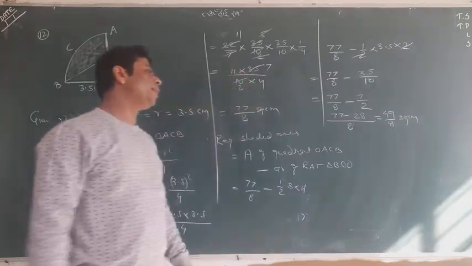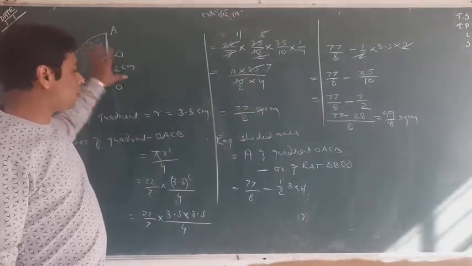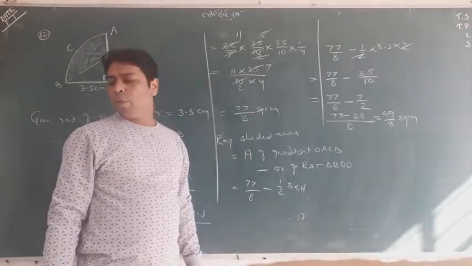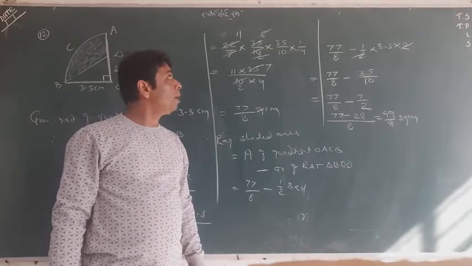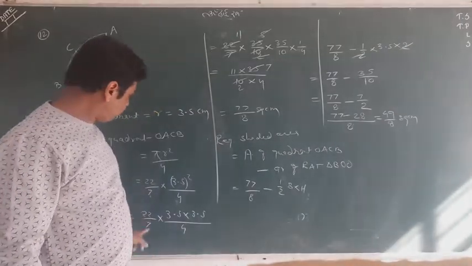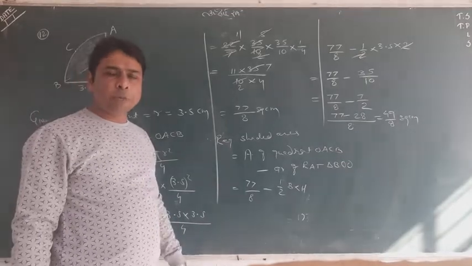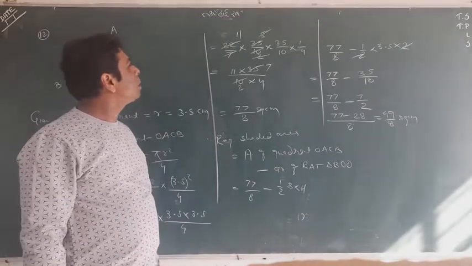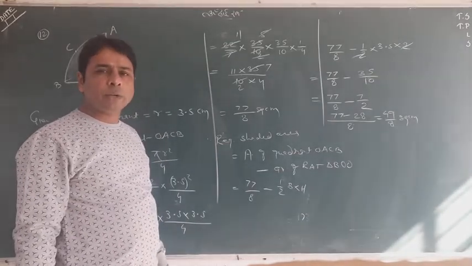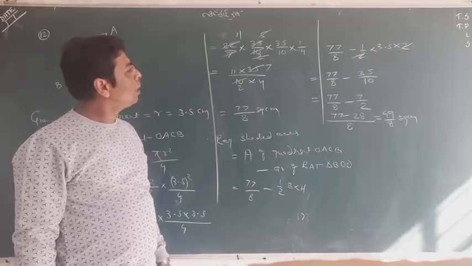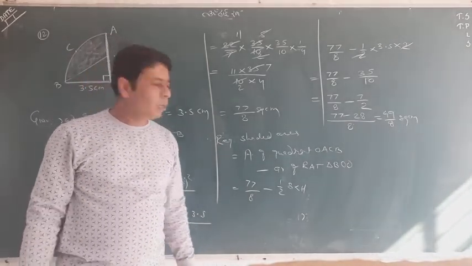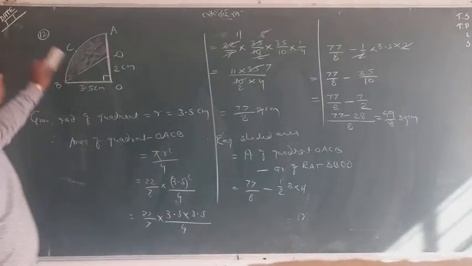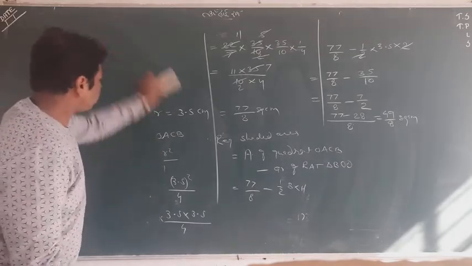This 49 by 8 is the area of this shaded region, and the whole area was 77 by 8. So I left the answer in fraction. If all the steps are correct according to mathematics, I think the question will be correct. Or otherwise, some cancellation or something like that you can check by your side. If there is any mistake, you can correct it. Okay, but this is the method which I explained right here. Hope you have got it. So let me work this out now.